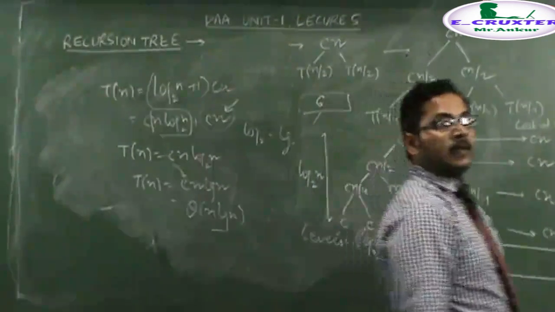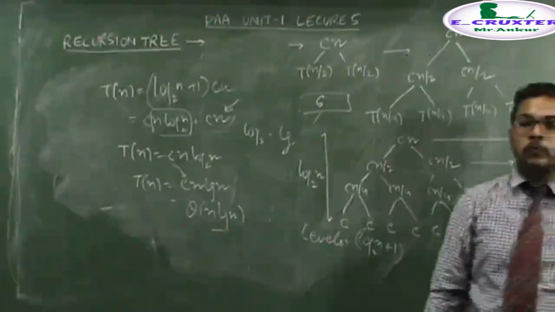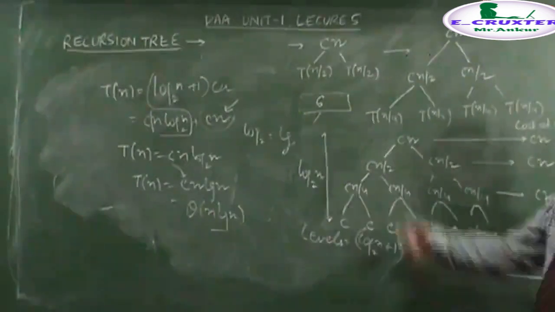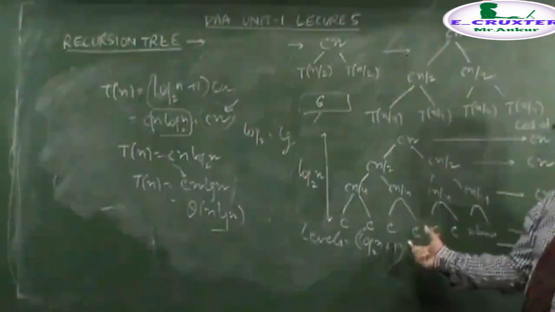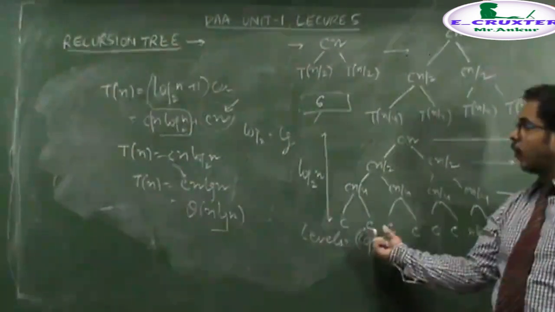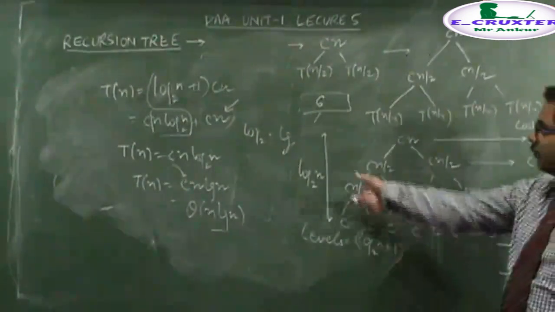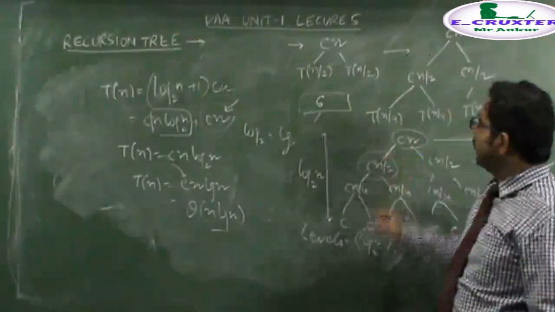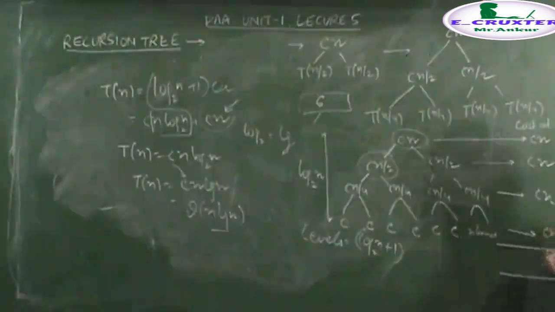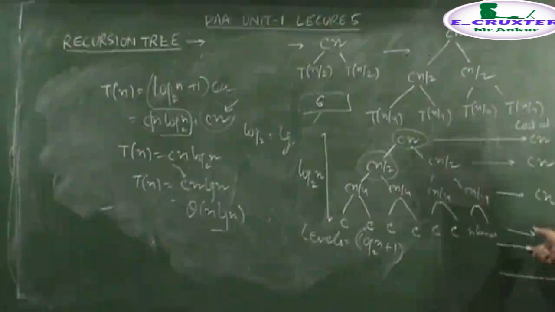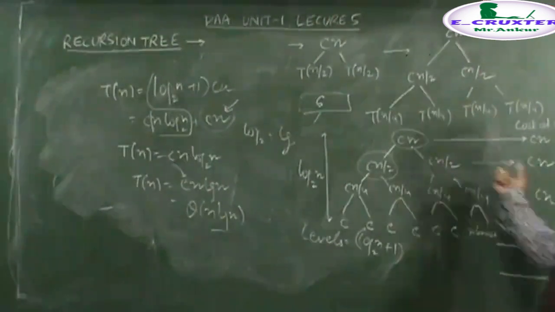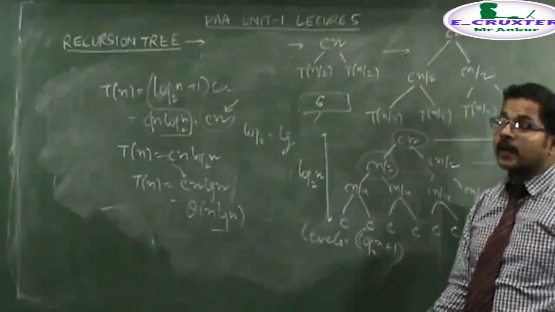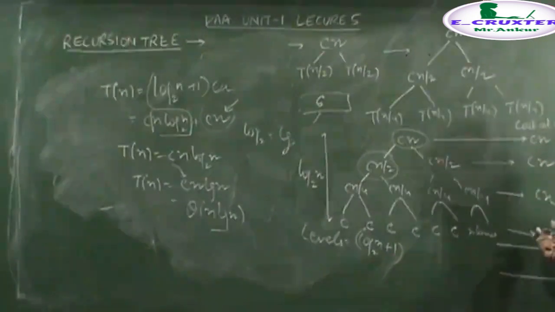You notice that in the recursion tree method, what have we done? First we design the tree. First we have designed the complete tree, and at the last level the cost is the single element cost. After that, in the second step, we calculate the height of the tree, and this is basically the level count. In the third step, we calculate the cost at each level, and then we sum this total cost. In this example, as the cost is similar at each level, we directly multiply it with the level factor, and we get a result. Otherwise, sometimes the value keeps changing.